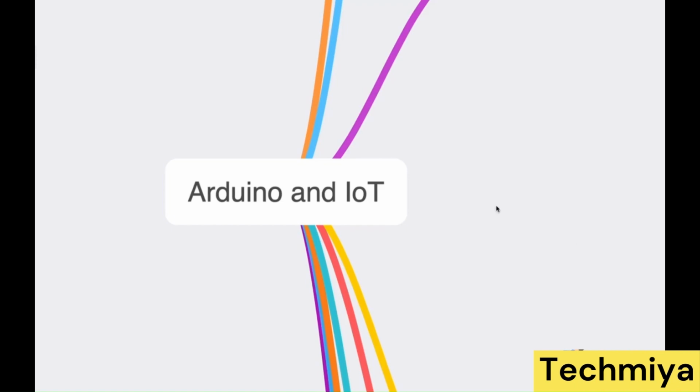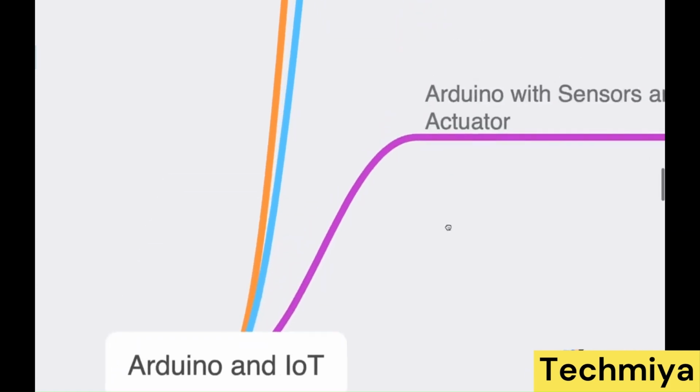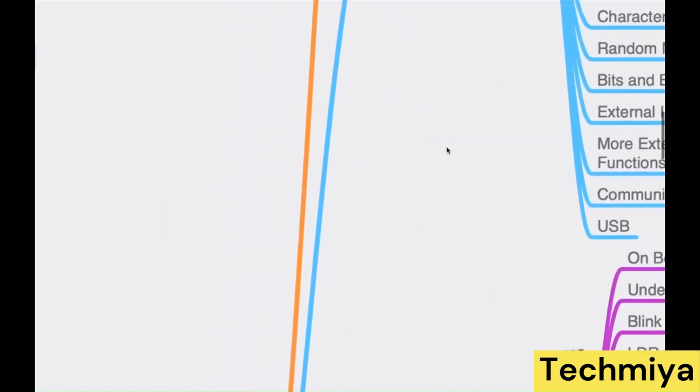This course is planned for people who are new to IoT and want to work with sensors and learn what IoT actually is. So this course is for you, and it is divided into various segments. First, Arduino and IoT is divided